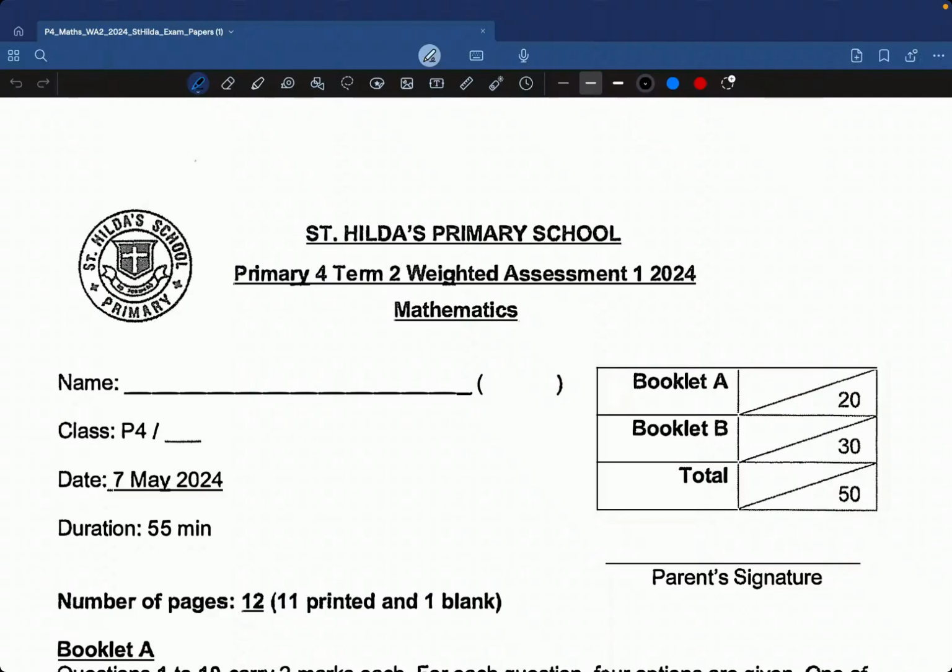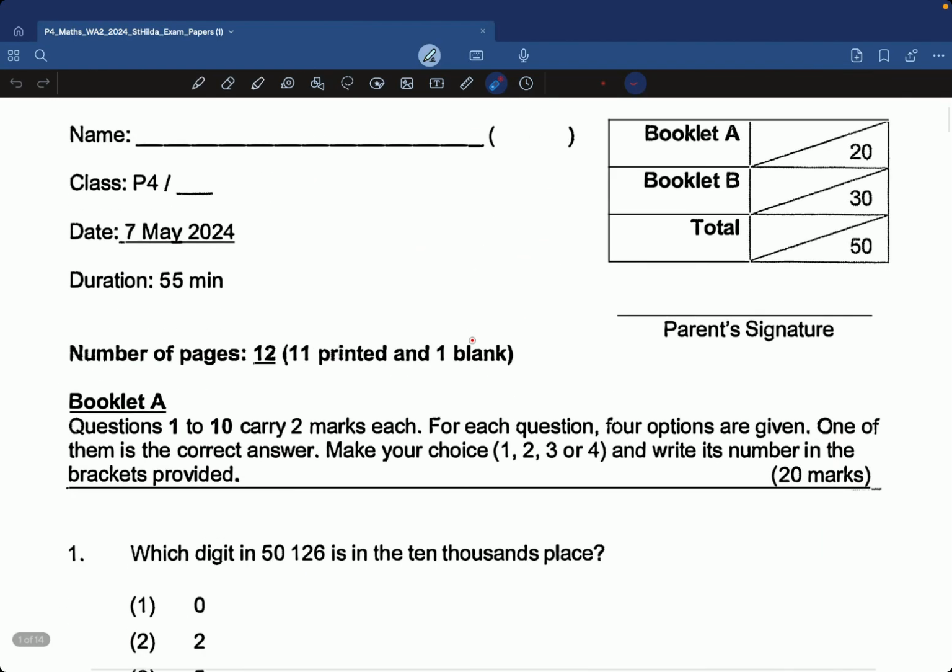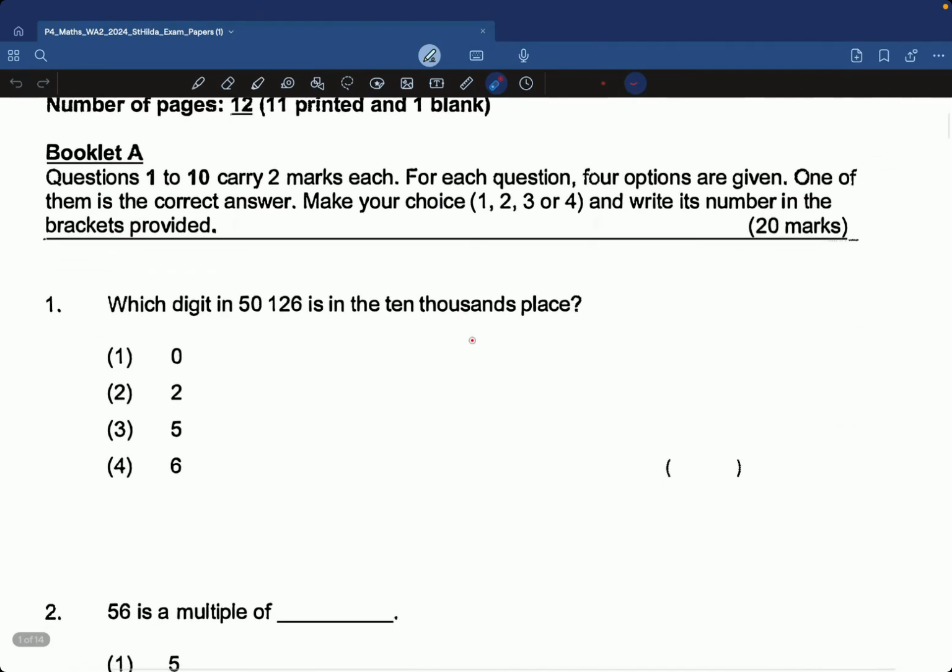In this video, we're going to go through St. Hilda's Primary School, Primary 4, Term 2, Weighted Assessment 1, 2024 for mathematics. So let's get started. Okay, so the first question is, which digit in this